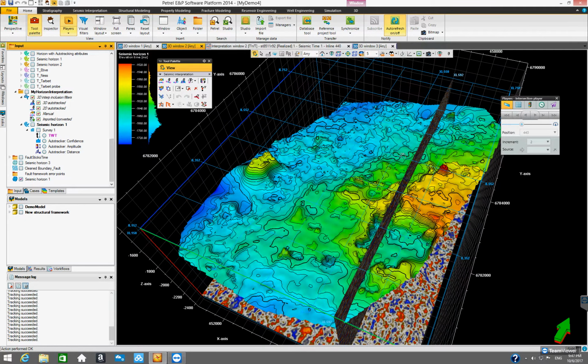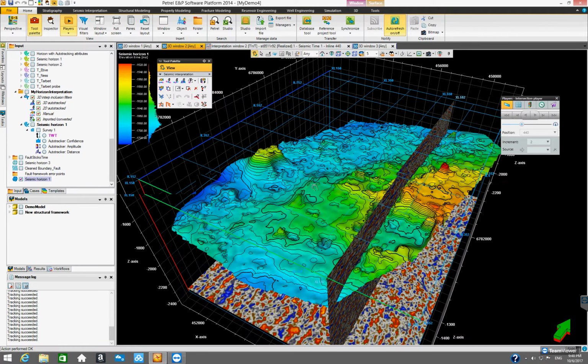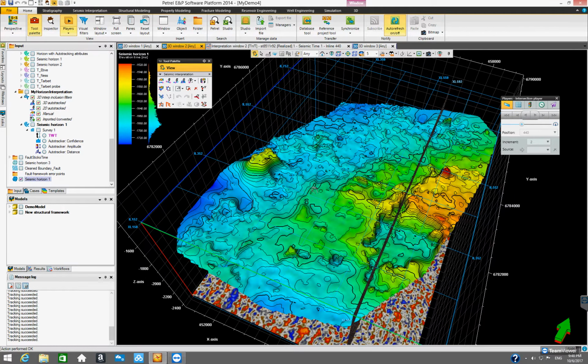But now, if you go through all those processes, you've got a surface, right? And this kind of surface, if it is done correctly, you can use it for building your structure model later on, right? When you insert the horizons into the pillar gridding created mesh, right? Those kinds of things, you can use those surfaces to create the horizons, right? Yeah, this is probably a good place for us to stop. Next time, we'll talk about slightly more complicated